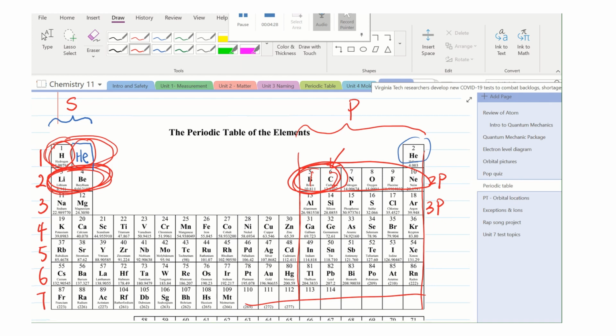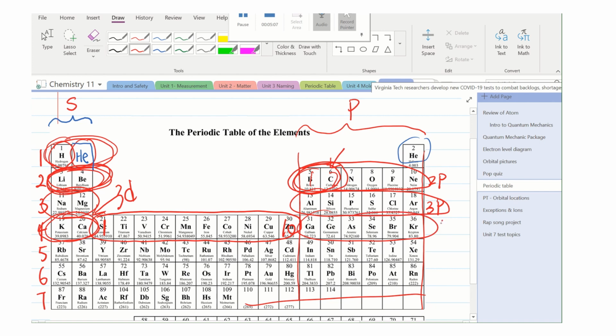And then, it's getting messy here, we have the 3s, and all these are the 3p's, 4s, and here, that's where the d orbitals begin. But you have to remember that it actually starts with 3d, okay? So all the 3d orbitals are in the middle here. These are the 3d orbitals, and they can hold a maximum of 10 electrons. So if you count from here all the way across, this is 10. Okay, so we have the 4s, and then the 3d, and then here it goes to 4p. So don't draw like me, because that will make your periodic table really ugly.